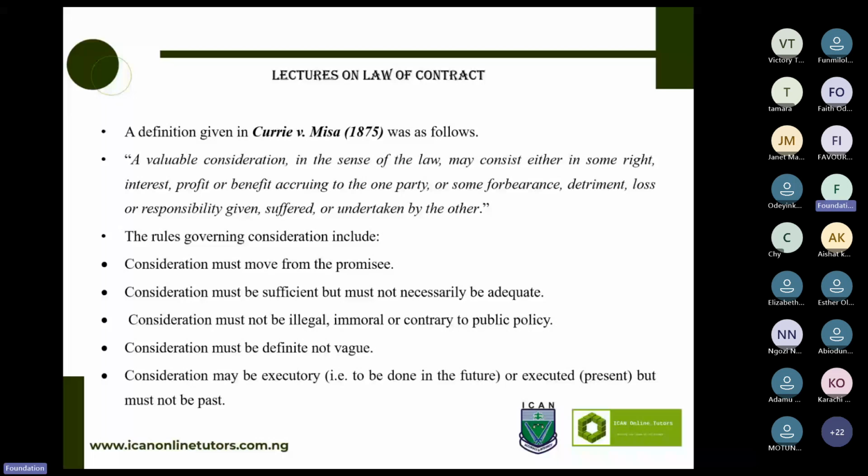Now, number two, consideration must be sufficient but not necessarily be adequate. This one is a common term everywhere. So what we are saying is, take me and Tomi. Later on, you know how business goes, it goes south. So Tomi, I give Tomi 100 million, and the business goes south. And it's obvious Tomi did not squander the money, but a businessman will be a businessman. And I feel like Tomi is highly connected and is doing anyhow, and I say, guy, I will take you to court.